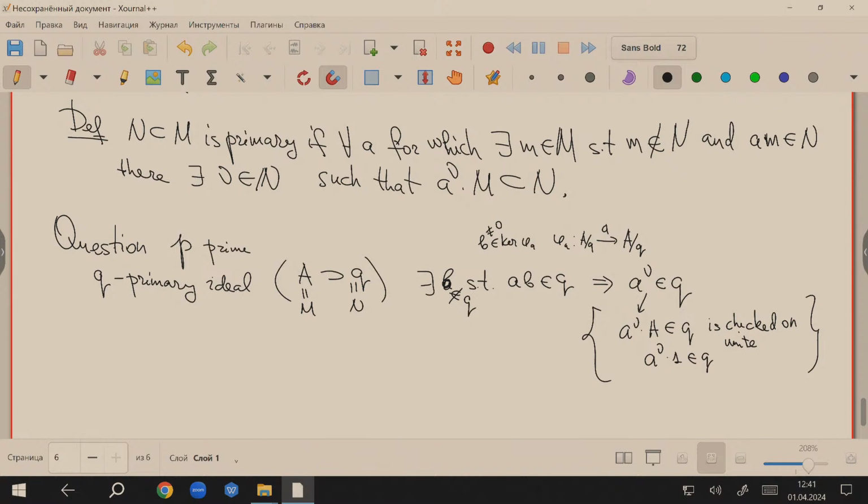B is not in Q, so B is a non-zero element in A/Q. So multiplication by A on A/Q has non-zero kernel containing B, and this implies